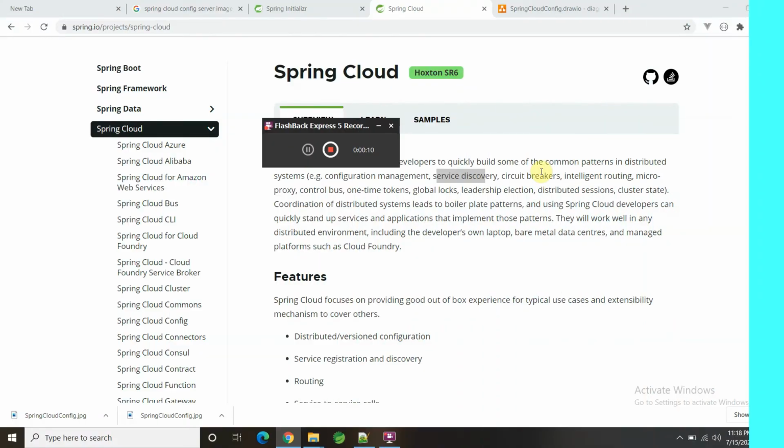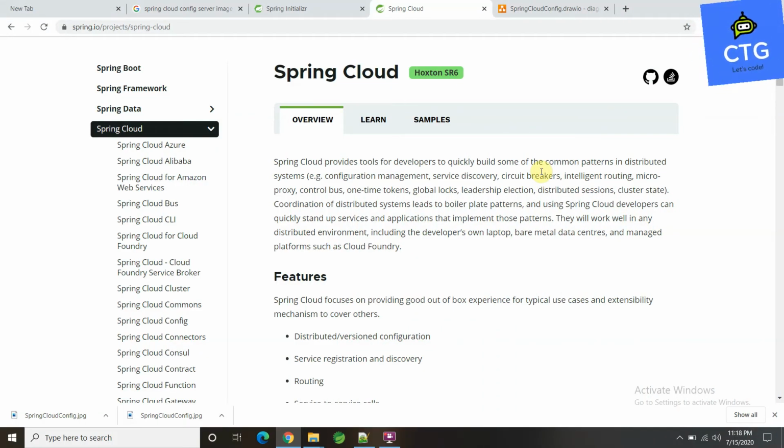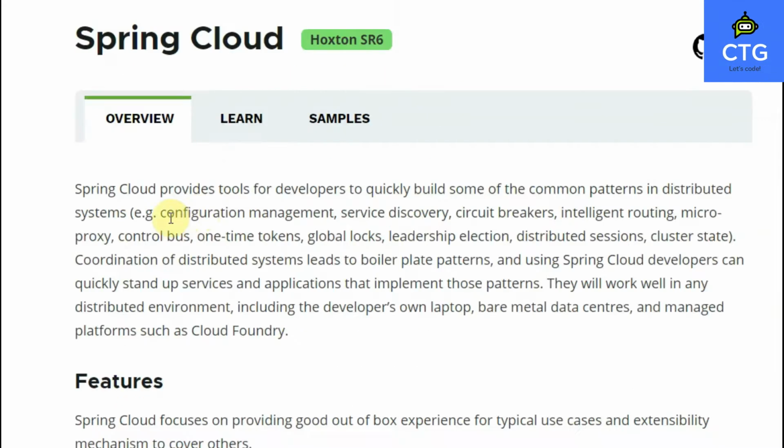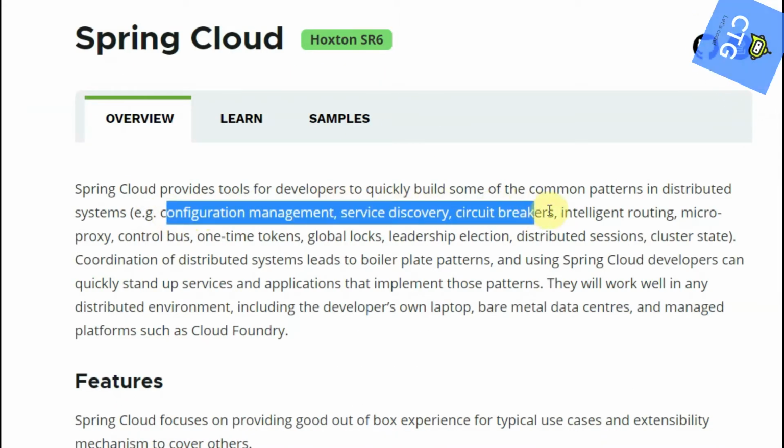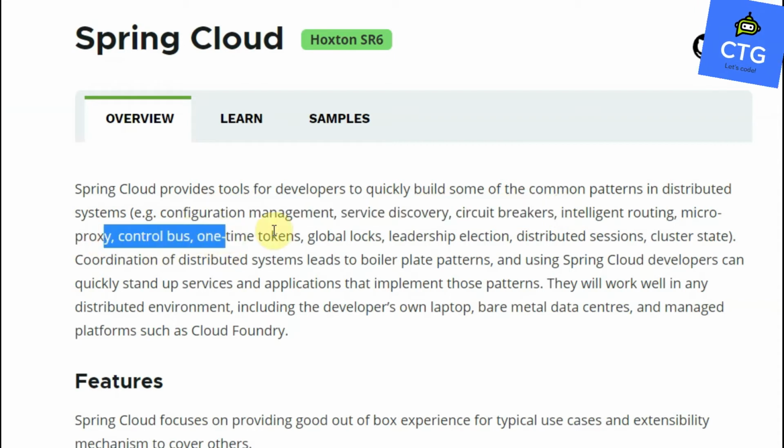Let's stay safe. So we're gonna start a new playlist for Spring Cloud frameworks. As you can see on the screen, the Spring Cloud framework provides some common patterns for various purposes, for example configuration management, service discovery, circuit breakers, intelligent routing, micro proxy, control bus, etc. These are certain frameworks provided by Spring Cloud, depending on the requirement and the features.